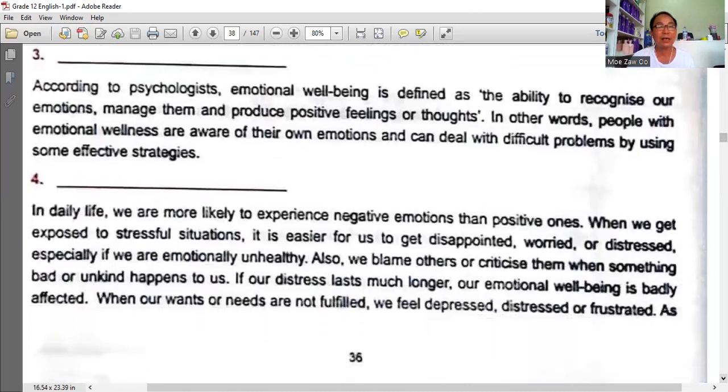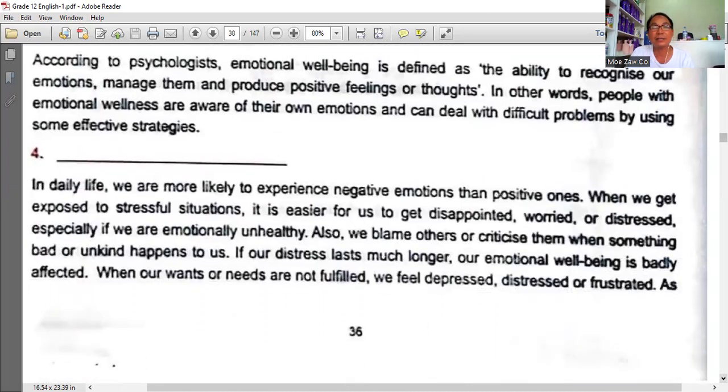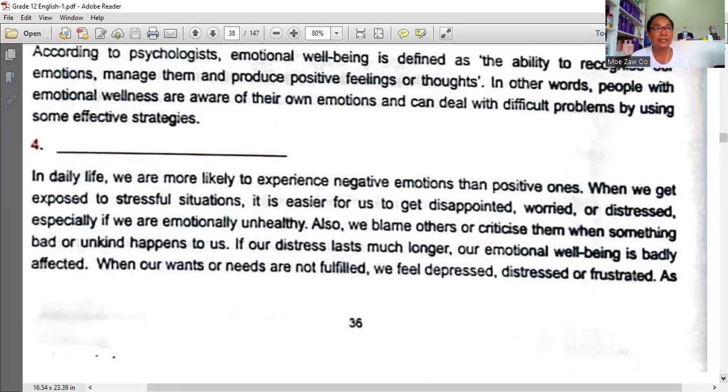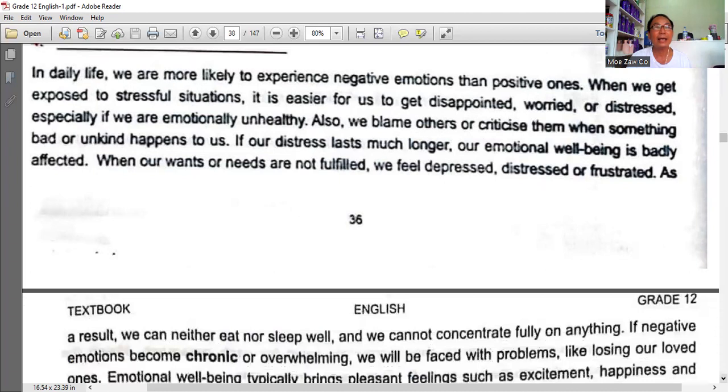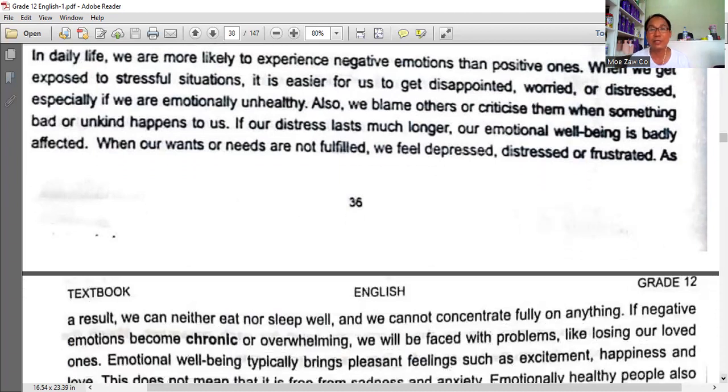According to psychologists, emotional well-being is defined as the ability to recognize our emotions, manage them, and produce positive feelings or thoughts. In other words, people with emotional wellness are aware of their own emotions and can deal with difficult problems by using some effective strategies. In daily life, we are more likely to experience negative emotions than positive ones. When we get exposed to stressful situations, it's easier for us to get disappointed, worried, or distressed,